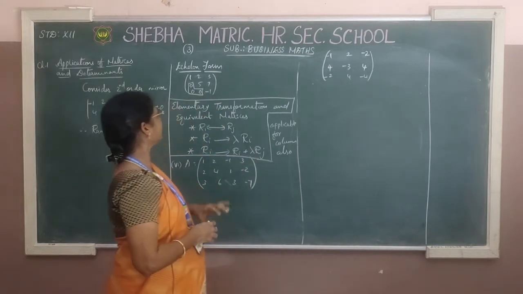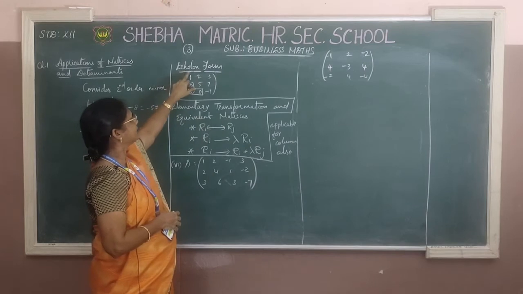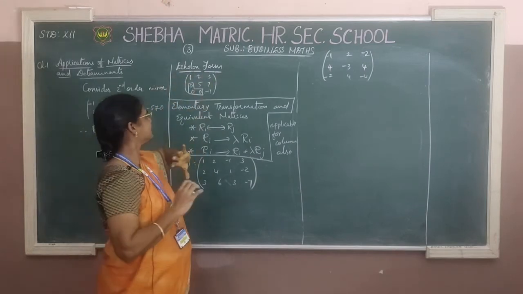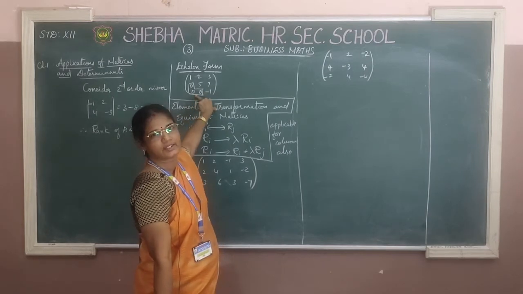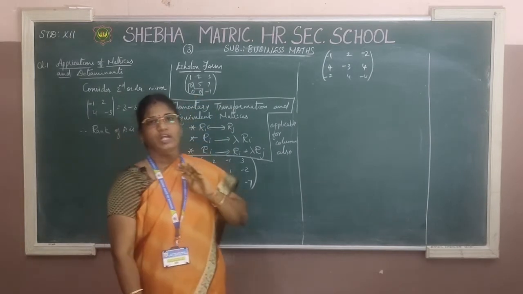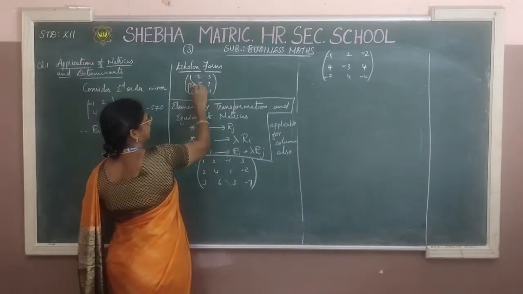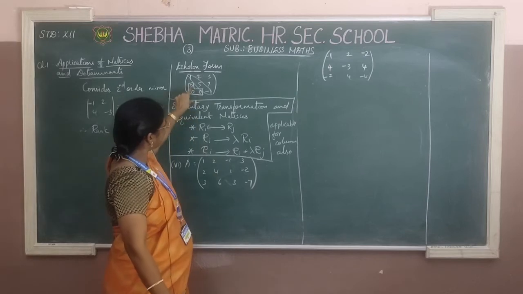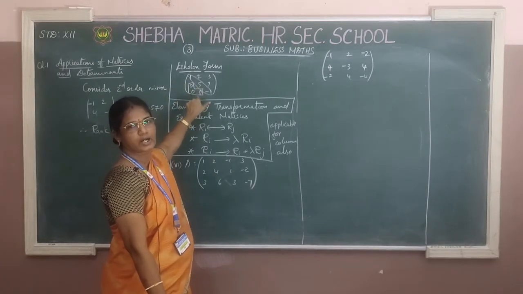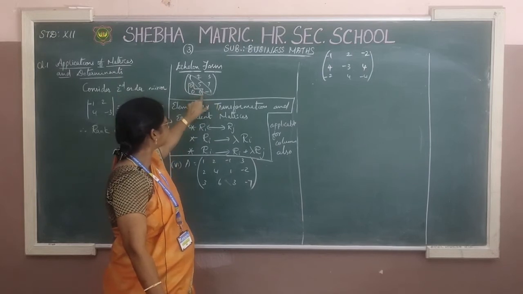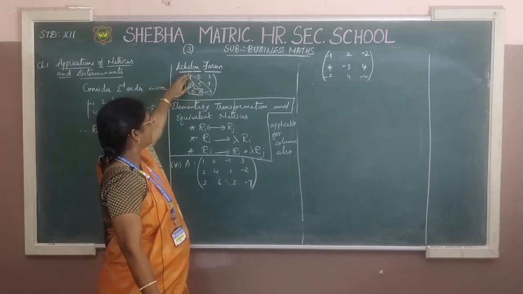Okay, next we are going to see next form, echelon form. Okay, in this echelon form is like this. Listen, in this 10th standard you have studied the upper triangular matrix. Upper triangular matrix means this is our leading diagonal. So, all the elements below the leading diagonal should be 0. This is called upper triangular matrix form. This is nothing but echelon form. Okay, how to form this echelon form?